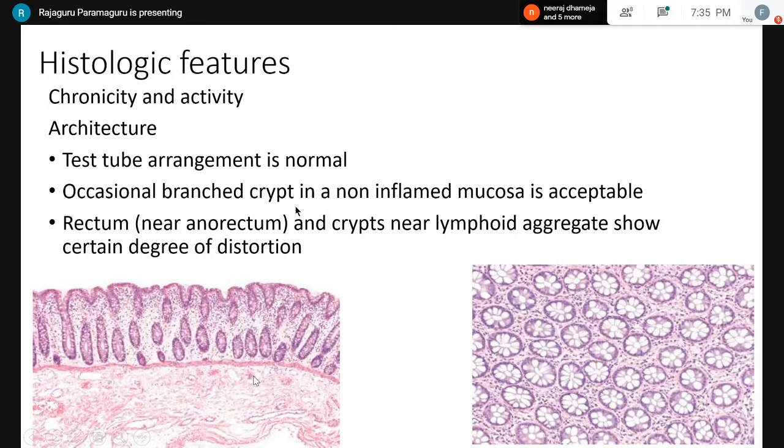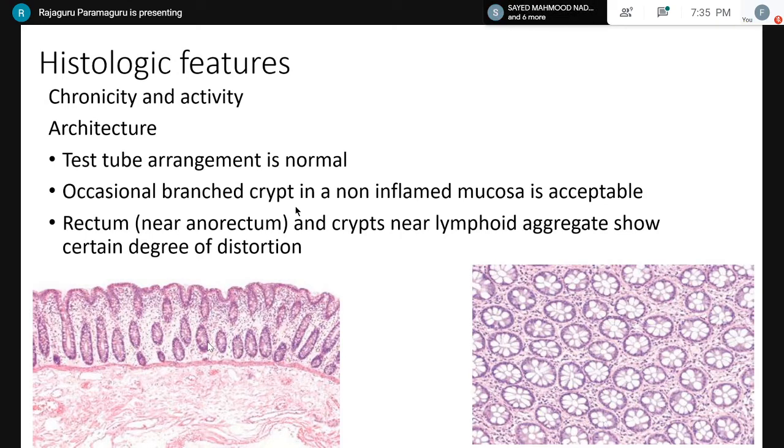This is a properly oriented biopsy, where you can see these crypts are parallel to each other, and the distance between the crypts is less than 1 crypt diameter. So if there is an increased distance between the crypts, it means there is some amount of atrophy or chronic colitis occurring in the